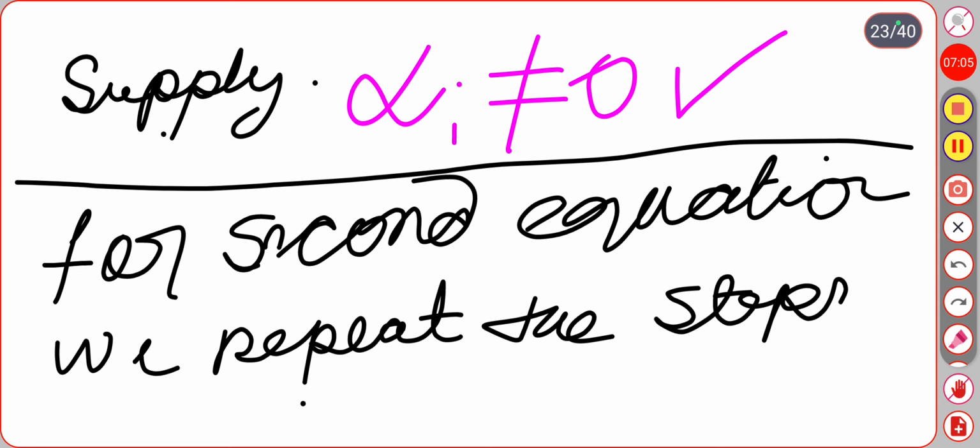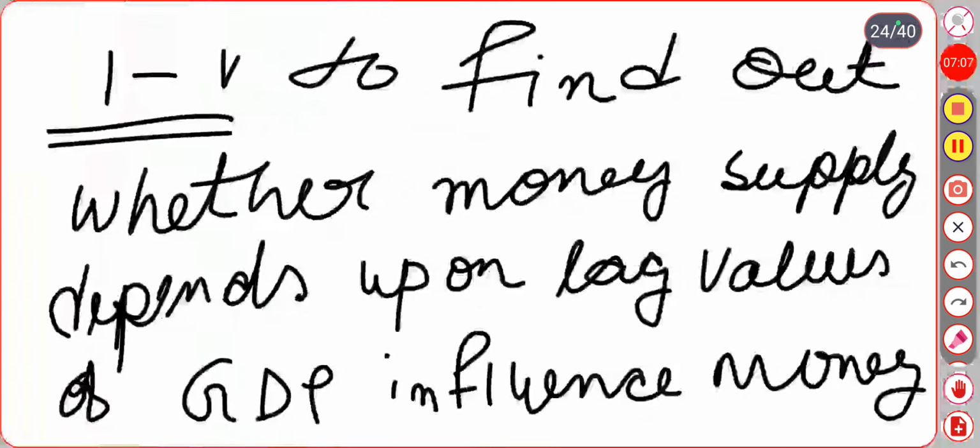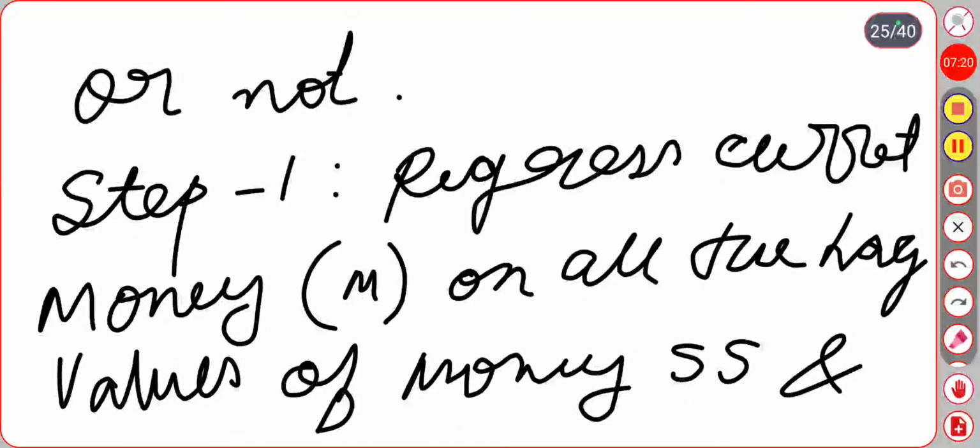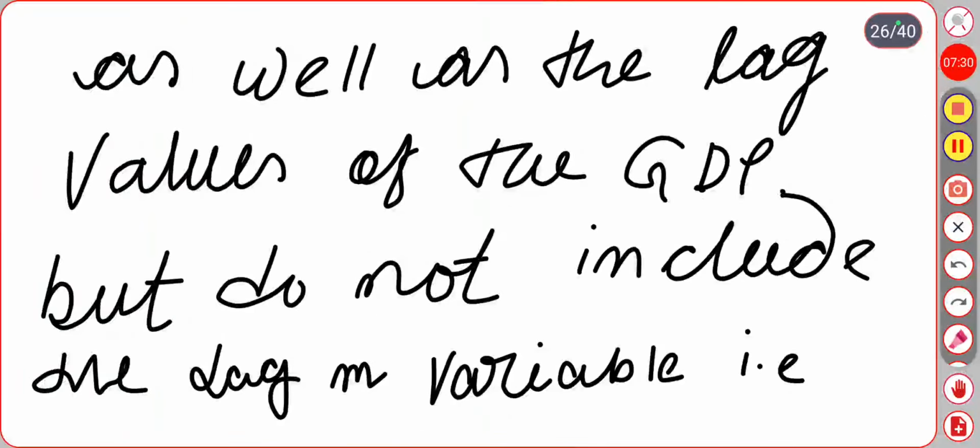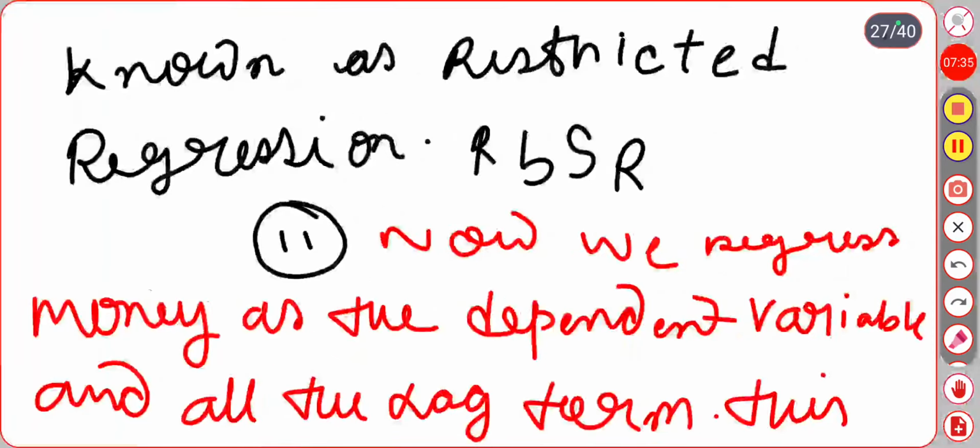For the second equation, the same steps will be followed, to check whether money supply depends upon lag values of GDP as well as lag values of money supply or not. So regress current money supply on the lag values of money supply and the lag values of GDP, but do not include the lagged M variable here. This is known as the restricted model, so the restricted residual sum of squares